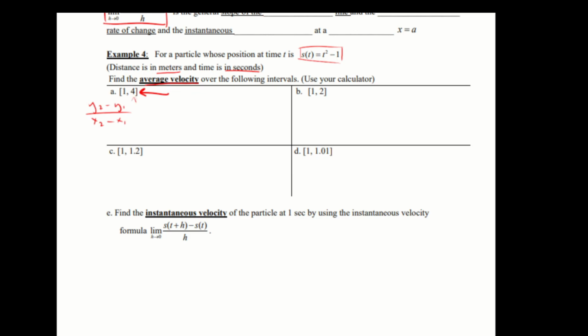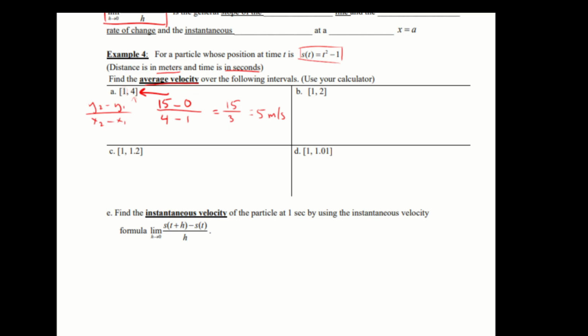Our y2 comes from 4. Our function of 4 squared is 16, subtracted by 1 is 15. Minus, we'll use our 1 here, 1 squared is 1, subtracted by 1 is 0. Divided by our x2, which is 4, subtracted by 1, that's 15 over 3, which equals 5 meters